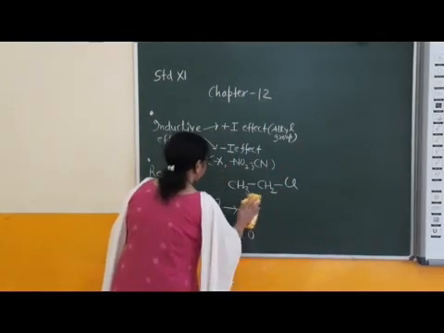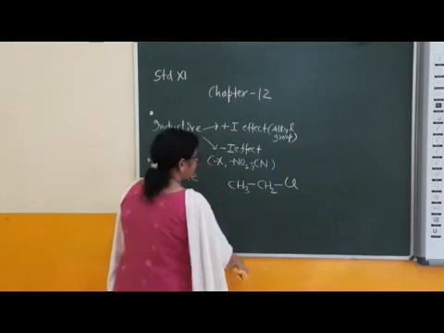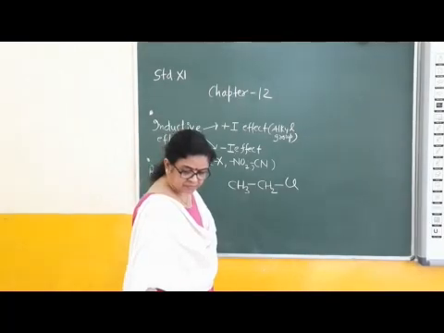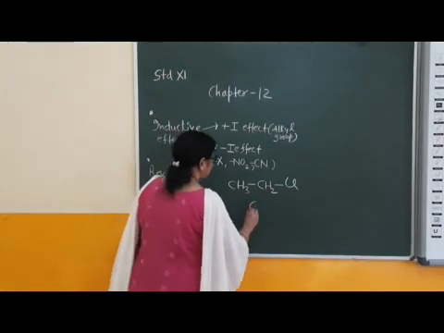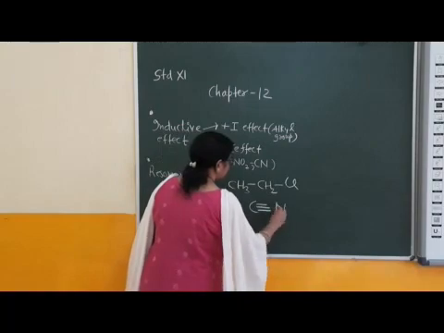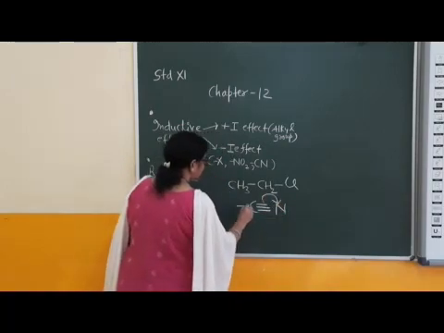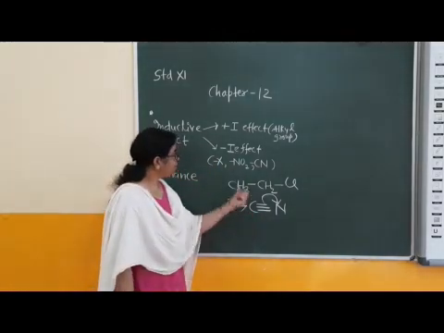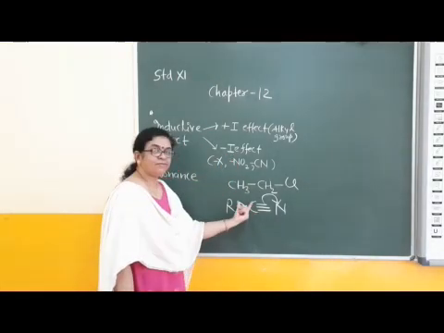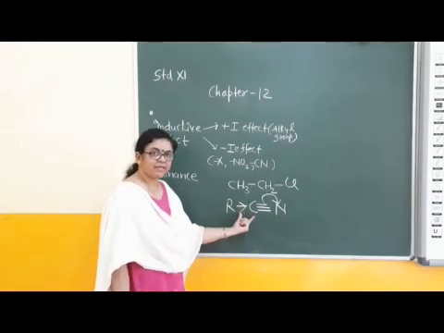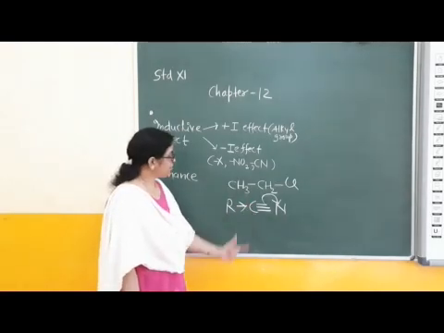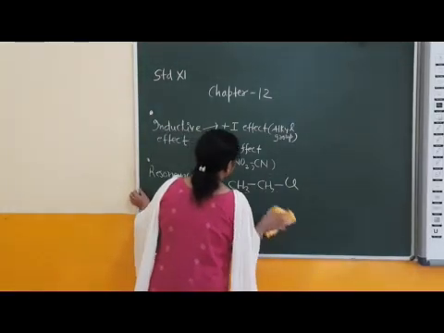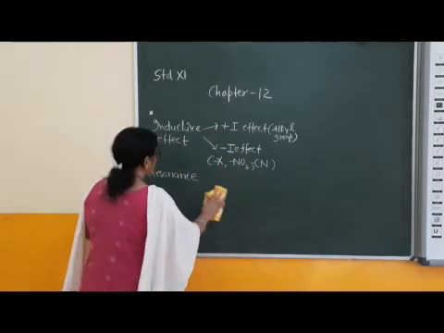In the cyano group, multiple bonds are present. If the cyano group is attached with the carbon of an alkyl group, the carbon of a hydrocarbon, then what is the direction? Like this. Okay, this is attached with this, same direction. This one is also showing minus I effect, or electron withdrawing effect, or minus inductive effect. Okay, children? It always affects the polarity of the chemical bond.